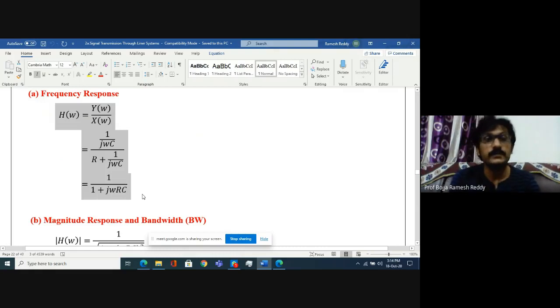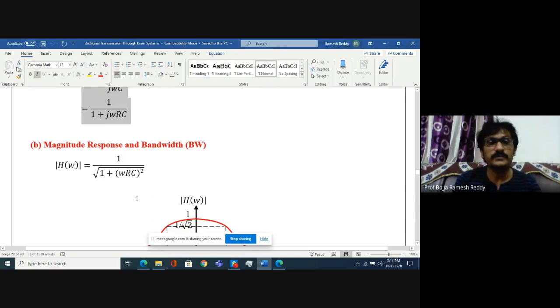The frequency response, system function or transfer function of any system is the ratio between output and input in frequency domain representation. That is the procedure to calculate the system function or transfer function. In general, frequency domain functions are complex in nature. That's why we can go for magnitude and phase separately.